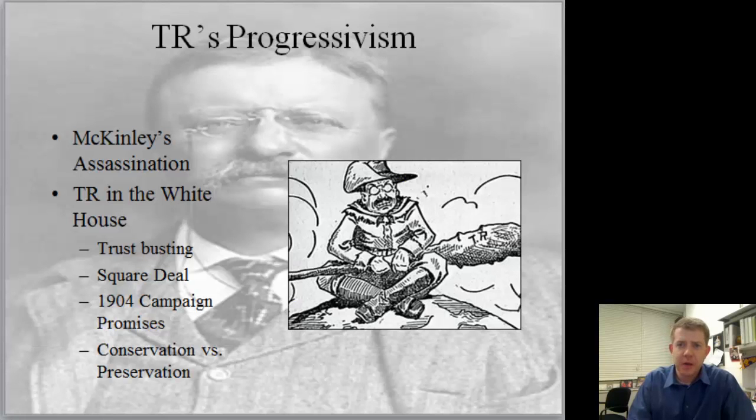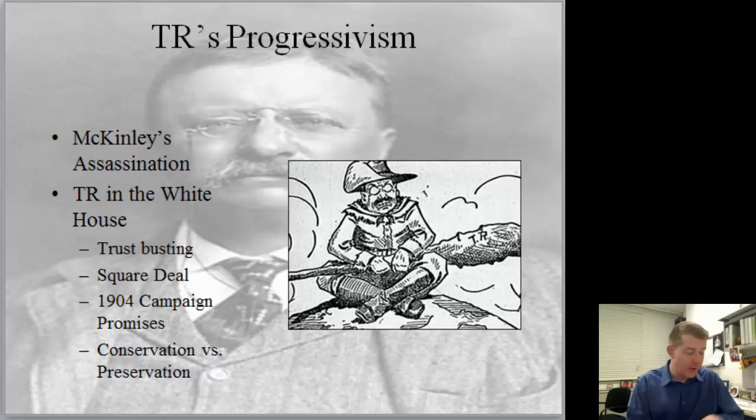However, the president, William McKinley, is assassinated in 1901, and the fact that they stuck Teddy Roosevelt in the vice presidency to try to hide this Republican progressive actually promotes him. He becomes president of the United States, and you can just imagine what the Republican bosses were thinking when that happened. So the first national progressive movement really is going to come under Teddy Roosevelt,